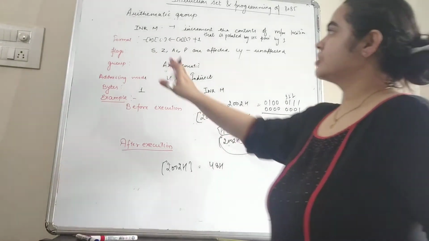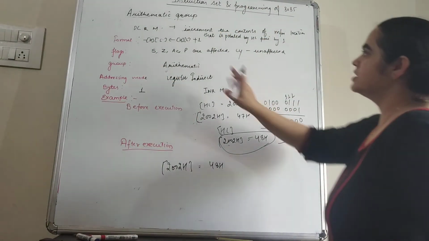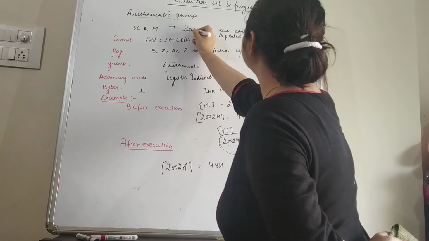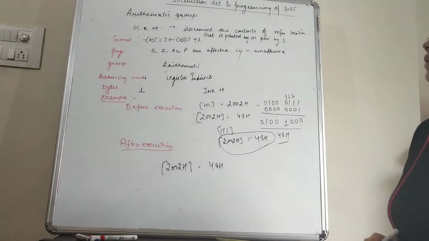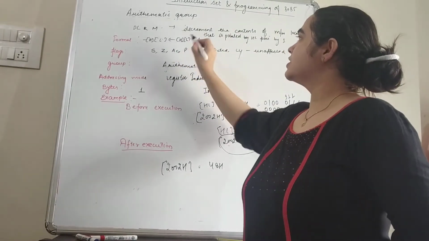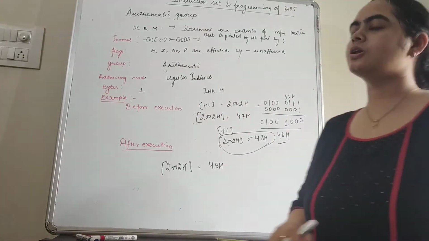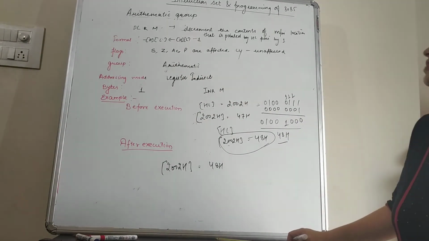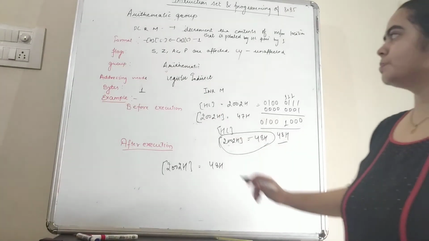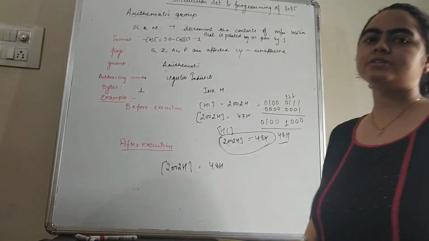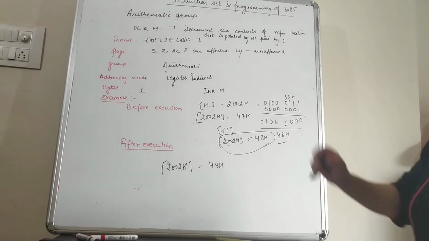Now students, the next instruction we have is DCR M. DCR M means we decrement the contents of the memory location pointed by the HL pair by 1. So the contents will be reduced by 1, and the new value will be stored in the memory location pointed by the HL pair. The same flags are affected in DCR M, the group is arithmetic group, the addressing mode is register indirect, and